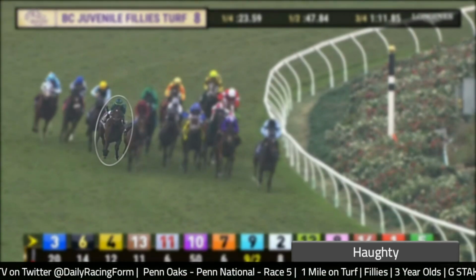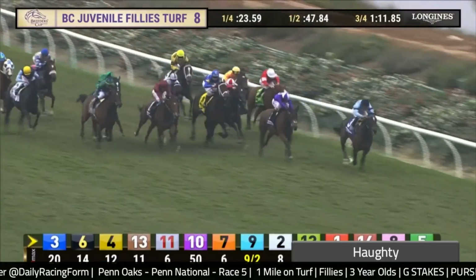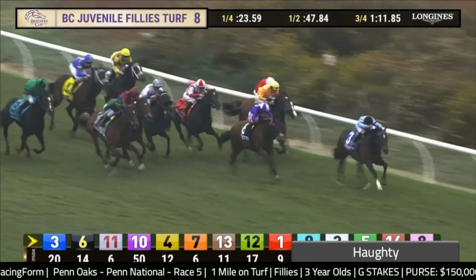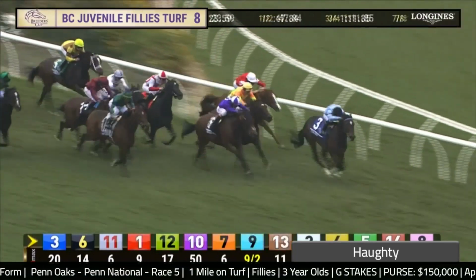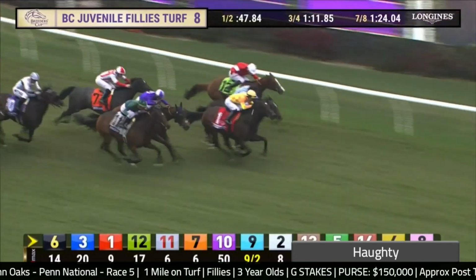She was wide, and the horses that finished 1-2 saved a lot more ground than she did. But all in all, she ran very well. This race has already produced 4 next-out winners, 2 of them group winners overseas. Yeah, it's been a pretty strong race, and Haughty more than held her own, Dan, right off of a maiden